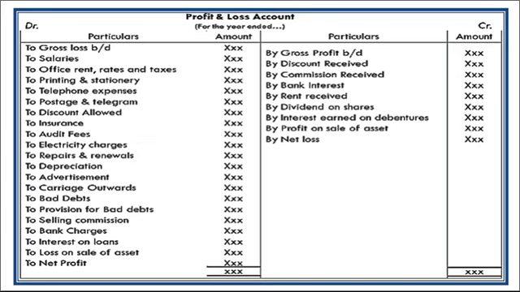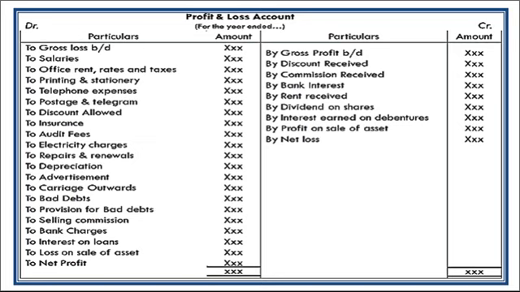Here also, in a similar way, after recording all revenue receipts and revenue payments, we can say expenditure, we find out the net balance. If the credit total is more than the debit total, then the balance will come on the debit side. That balance amount is stated as net profit. If the debit side total is higher than the credit side total, then the balance will come on the credit side. That balance is stated as net loss.